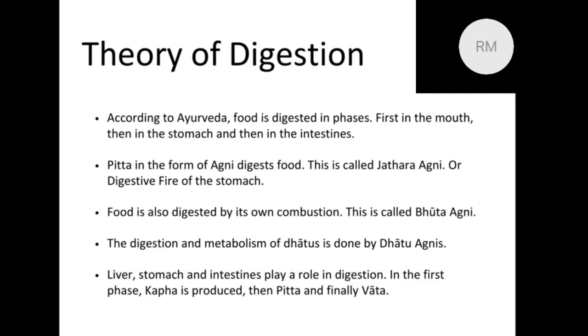Unlike a stone, for example, if a piece of our flesh falls on the ground, separated from our body, you can see in a few hours it will begin to give a bad smell because the Bhutagni is breaking it down. The Bhutagni in our Dhatus does not need an external fire to be active. It is always active, a very strong Bhutagni. So what we need is that even as the Dhatus are burnt by its own Bhutagni, we need to supply fresh food from outside. So Jadaragni has to work